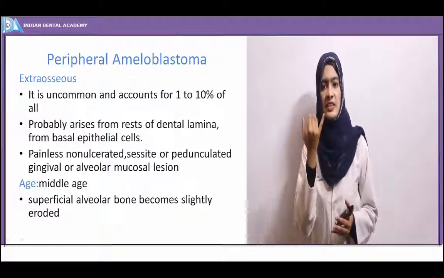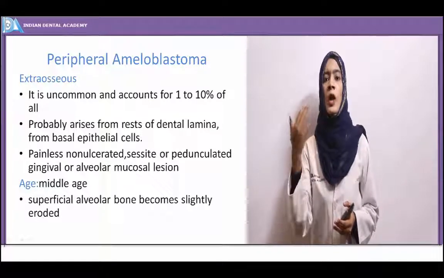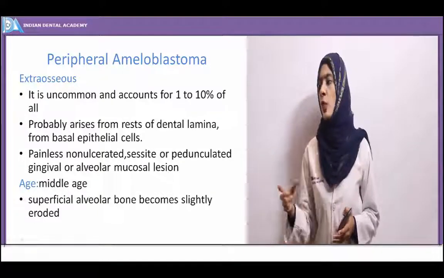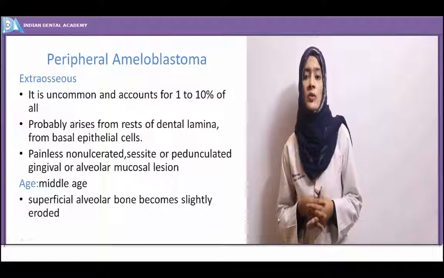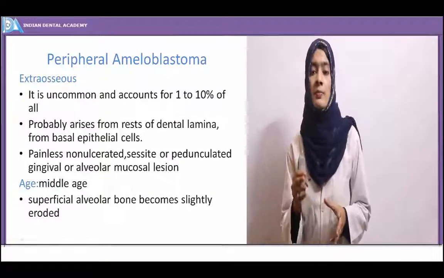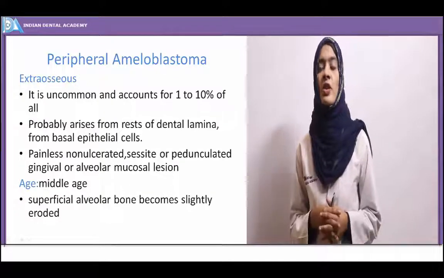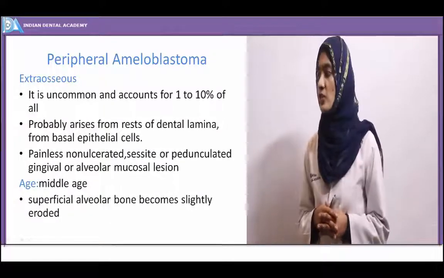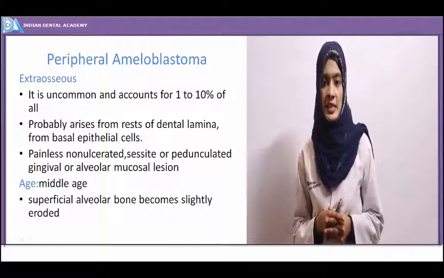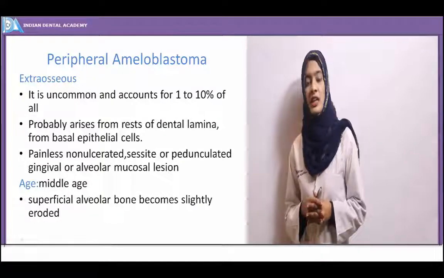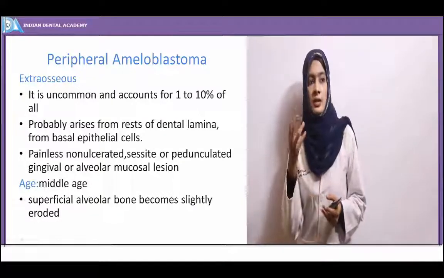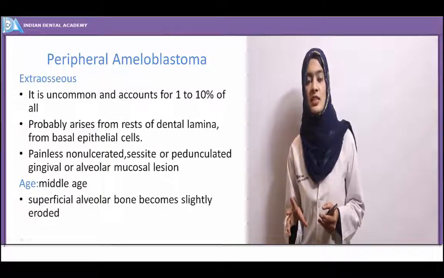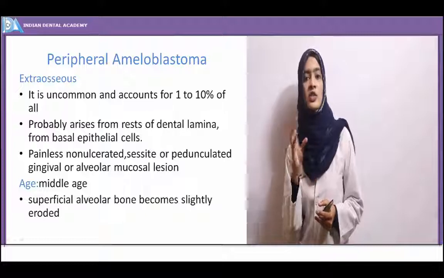It is seen within the soft tissues of the oral cavity. Most commonly the gingiva shows this form. It is a very uncommon tumor, and only about 1% of all ameloblastomas show the peripheral or extraosseous form. Etiology: it arises from the rest of dental lamina or from the rest of basal epithelial cells. Clinically it presents as a painless, very slow growing, non-ulcerated, sessile or pedunculated tumor mass